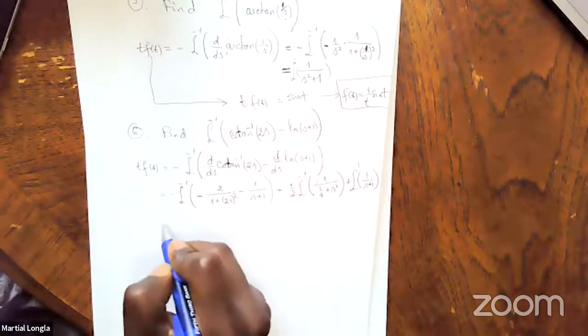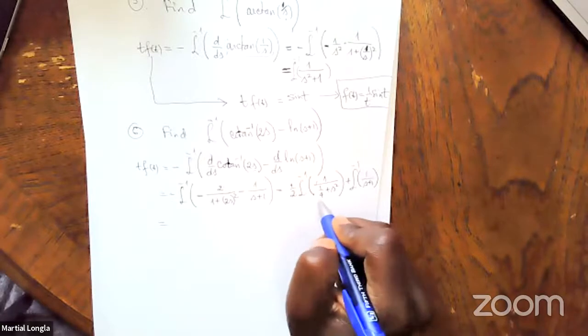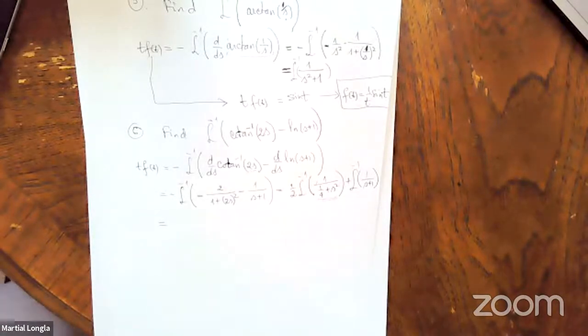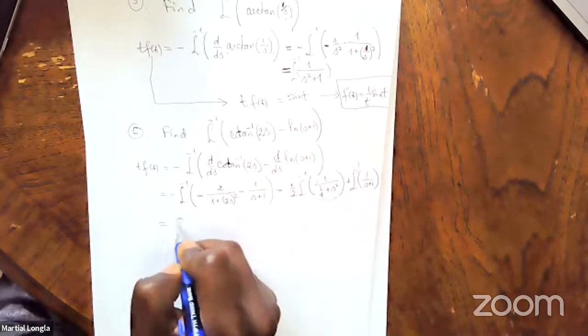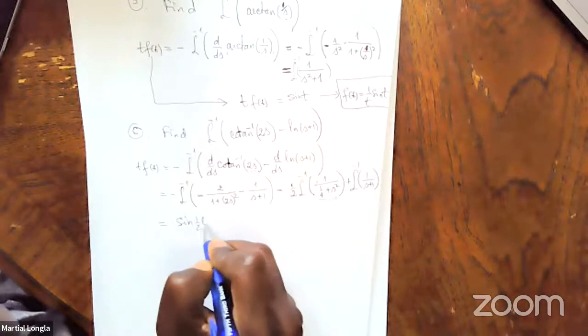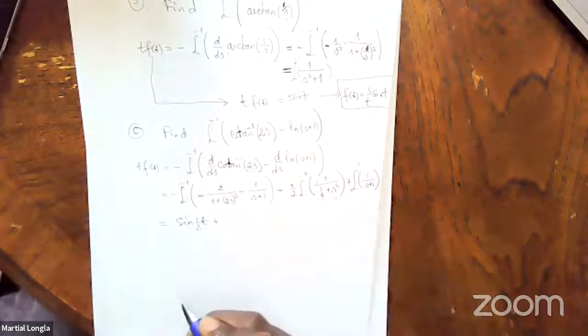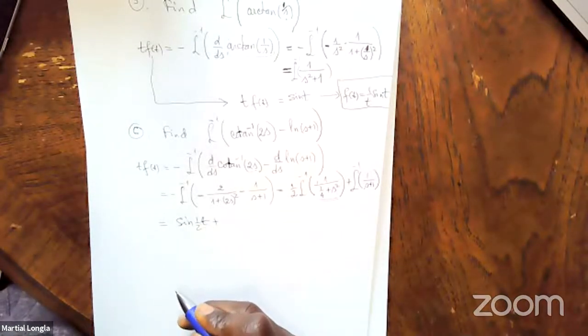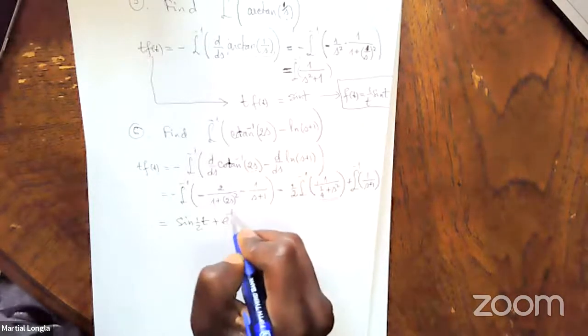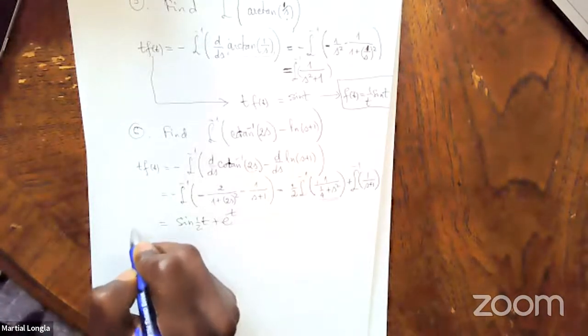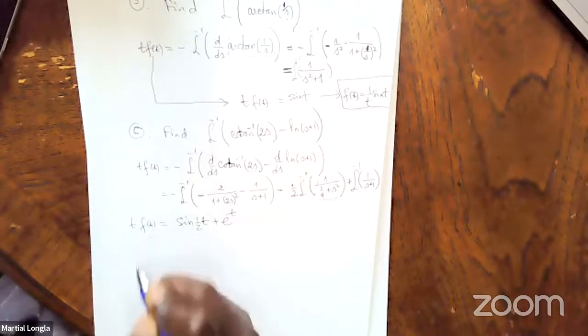Now you tell me, what is the inverse Laplace transform of this? Isn't it sine 1/2 t? That's sine 1/2 t. And the second one, I got e to the negative t. That's what it is. And so that's t f of t equals